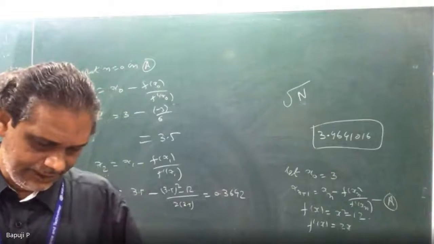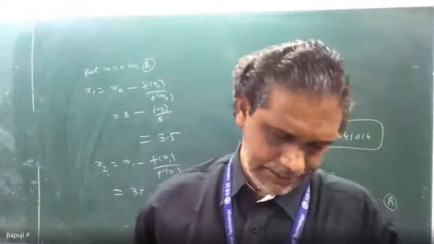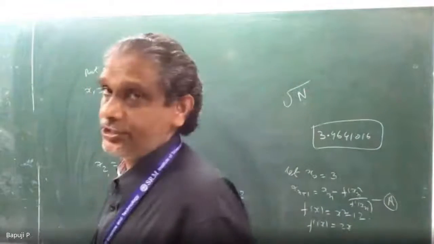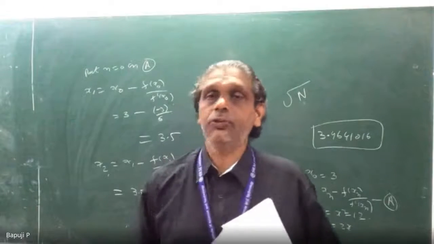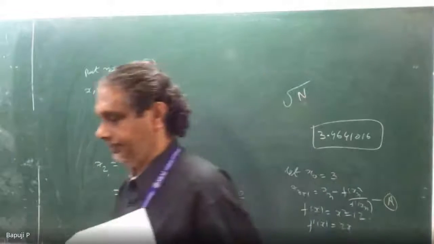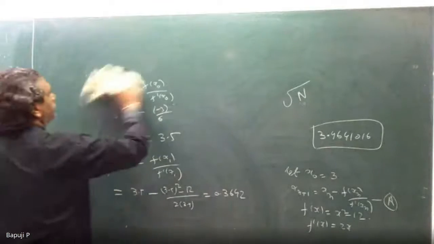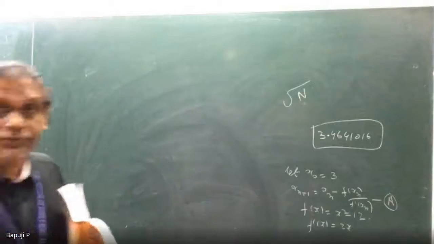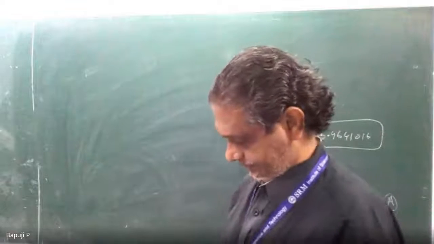Find the iterative formula for root 10. 10 is positive. Hence find root 5 is asked. Same story. Generally they ask just root 12. Instead of that, they may ask to find the iterative formula for root n. Then they go for hence deduce, whatever it may be, root 5 or root 12. You substitute in the formula. This is very important. Maybe in an MCQ question they may ask the iterative formula for root n also.